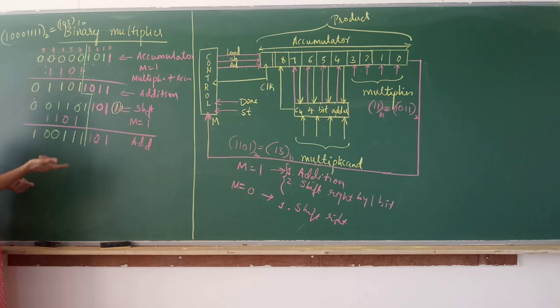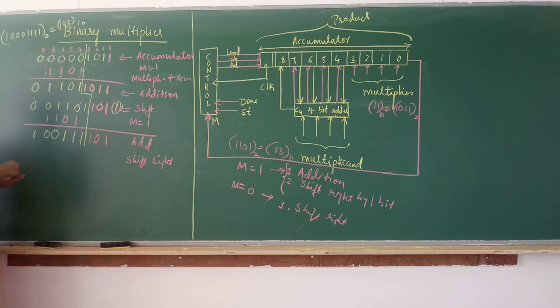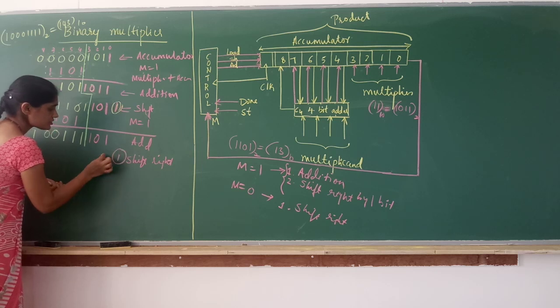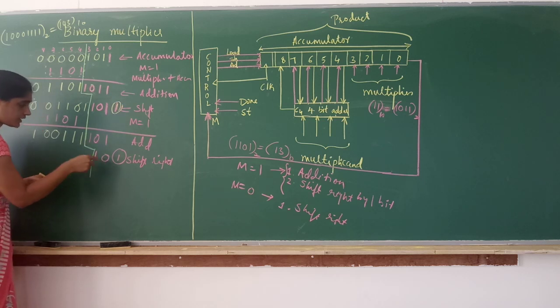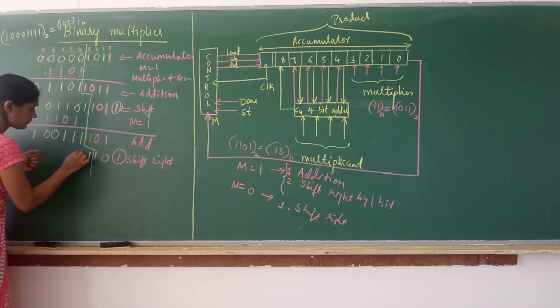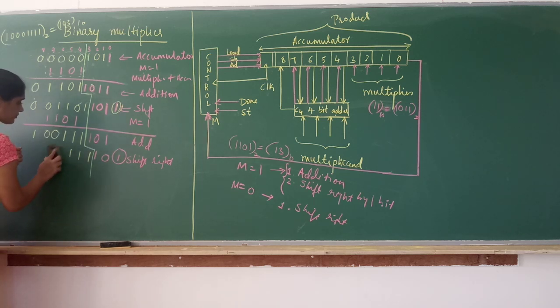Now if m is equal to 1, addition should be followed by a right shift. So now shift right. If you shift right, what will be the content? So 1 bit will come out, this bit will come out. So the remaining contents are 0, 1. Okay. So now this is the multiplier content. Now these bits will be shifted. 1, 1, 1, 0. Am I correct? Okay, 0, 0, 1. Okay, now this is the new content of the accumulator. Correct?